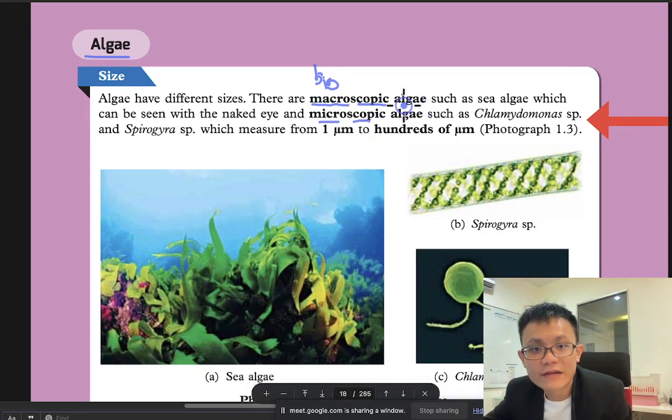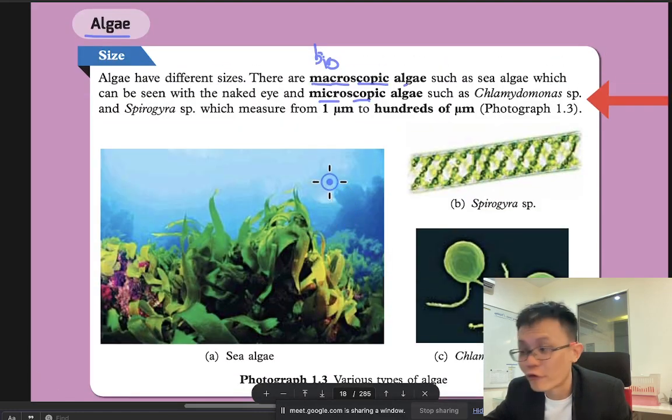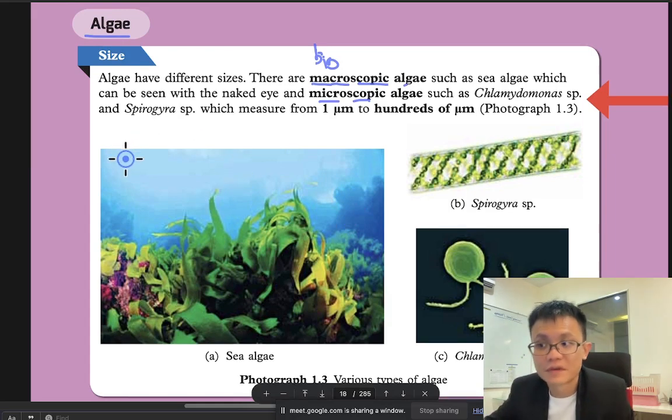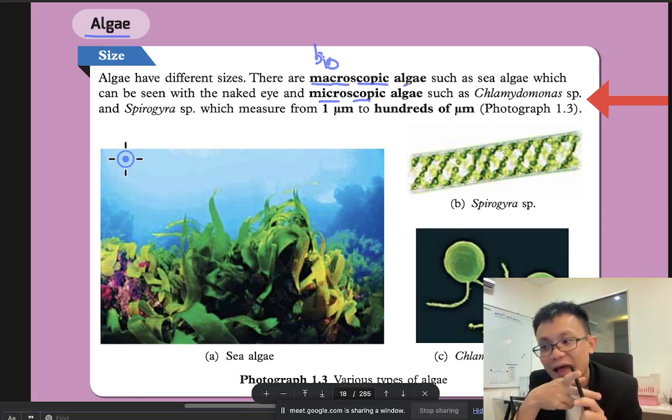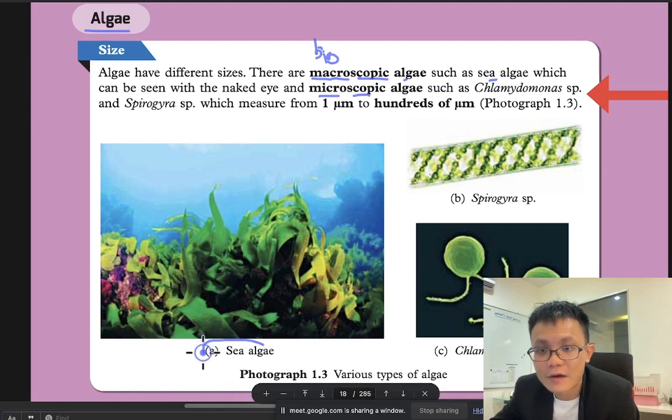Okay, so algae, the green color thing. I think you can see this green algae in the aquarium. Sometimes you see the aquarium become green, then we say the algae has grown in the aquarium because there is nutrient, there's light, there's water, so the algae will grow. Algae which can be seen by naked eye, the big algae, are macroscopic algae. And there is also a very small one, microscopic algae, which is like Spirogyra